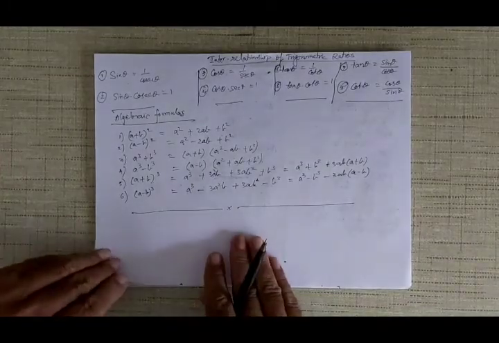Now I'm going to solve some examples based on this. Let me do a few examples and you will get an idea how these are actually done. So let's see now. Some of these problems I'm going to take directly from your textbook so that you can get an idea what kind of problems are there. Let me just do a few examples. Example number 1.